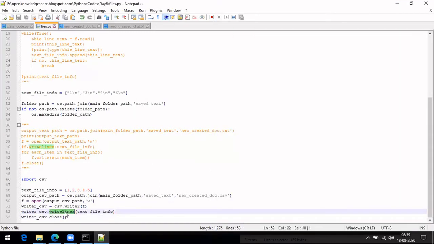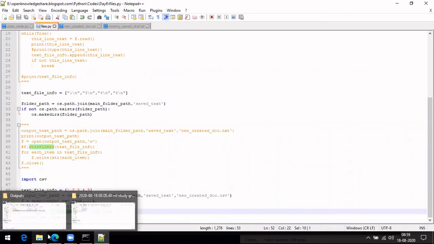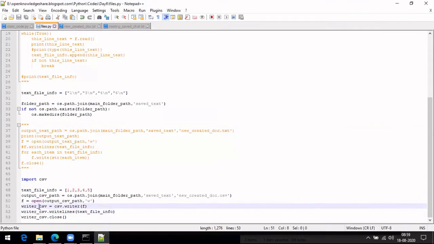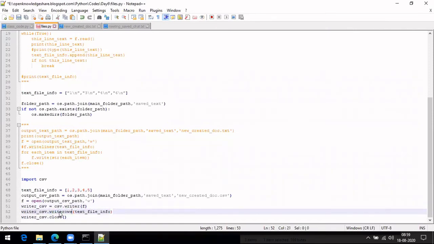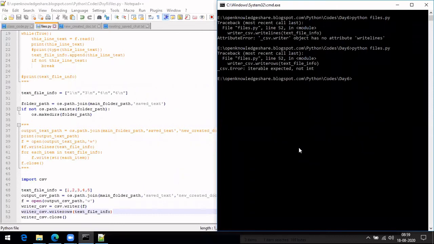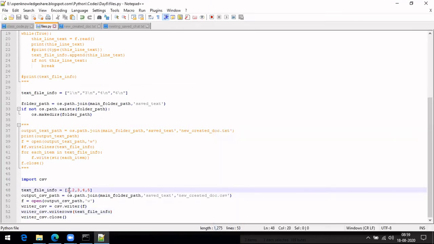What is it then? It's maybe writerow. Let me see. Writerows, sorry. Okay, so writerows. Let's do that. It's expecting an iterable, not an int. So inside, what happens is this writerows will try to write one row at a time.